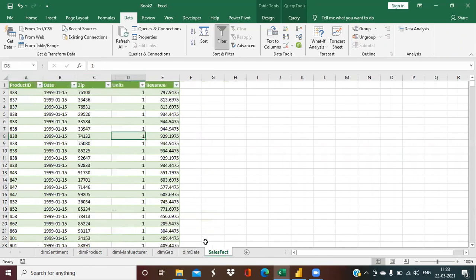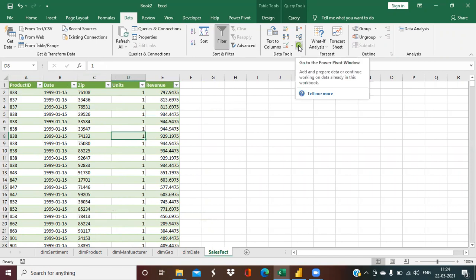Now we don't need to do that. So what can we do? You just need to go to the Data menu option. The beautiful thing given here is Relationships. Down below, in the Data Tools option, you will find the Relationships option. And down below that you will find the Power Pivot Window option.